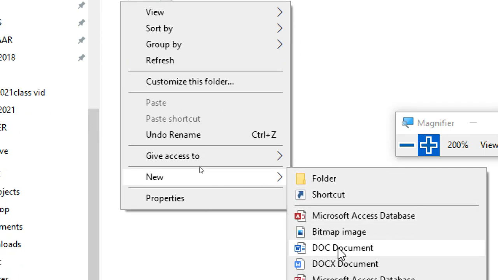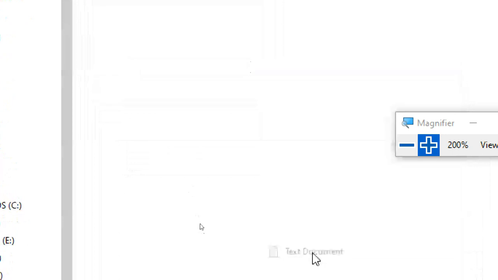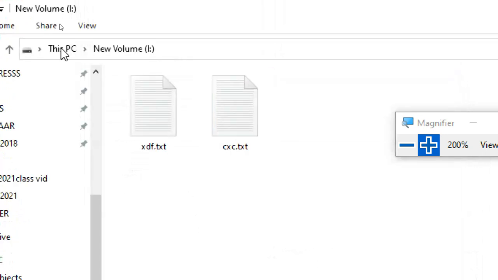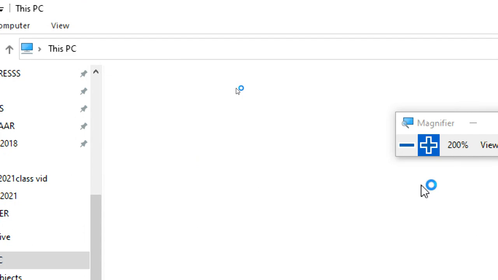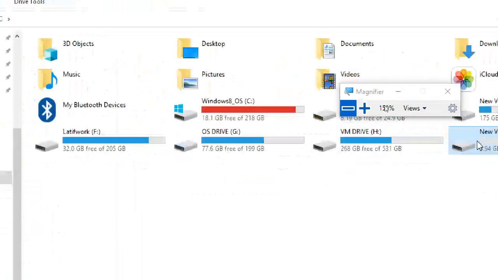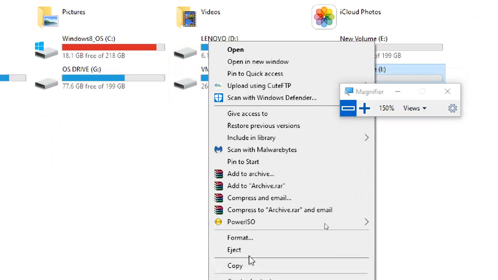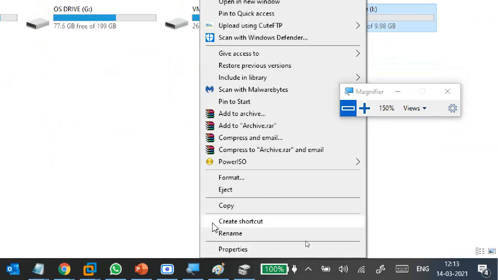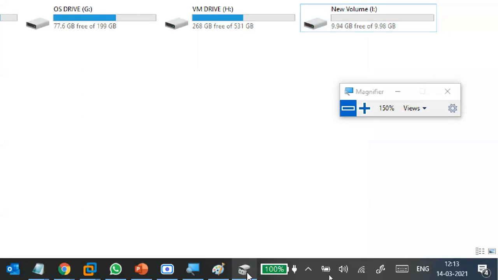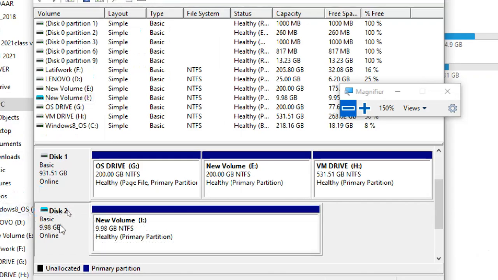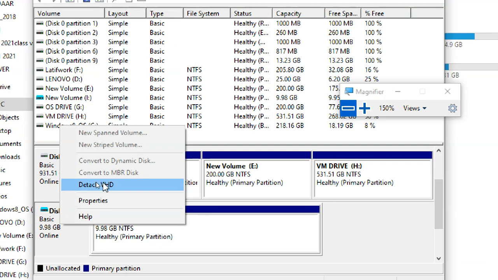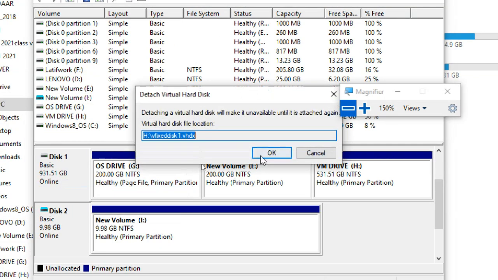On a physical machine, it will show so many other options also. So I put the data. I'm going to This PC. So it is 200 MB in size. Okay, so this is my 10 GB I drive. You can eject it from here. Right click. You can eject it from here also. Okay, the eject option is there. You can eject the drive from here, or you can go to Disk Management and choose Detach VHD. So I'm detaching it.